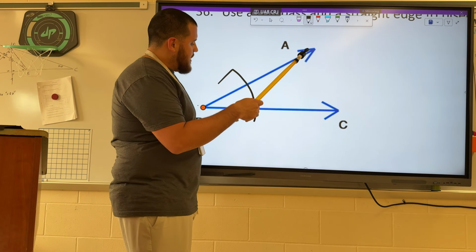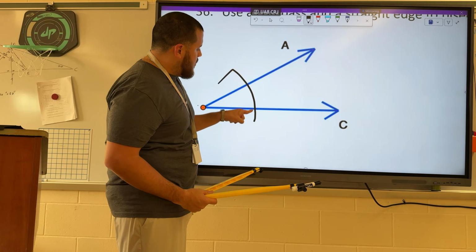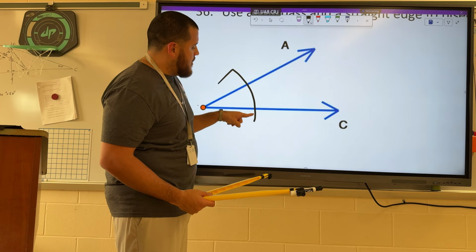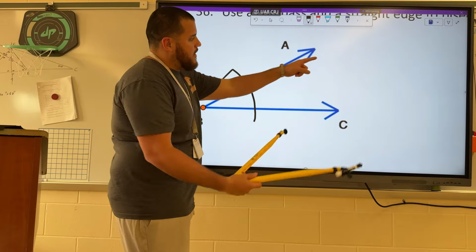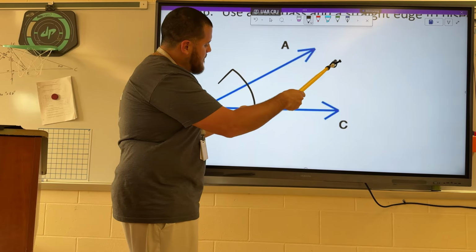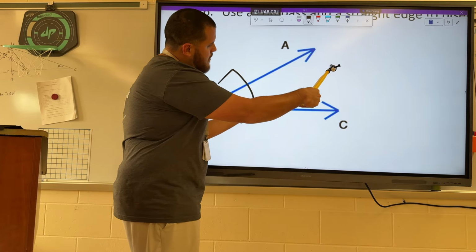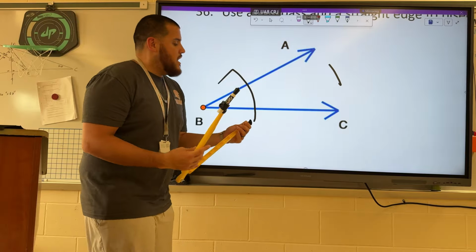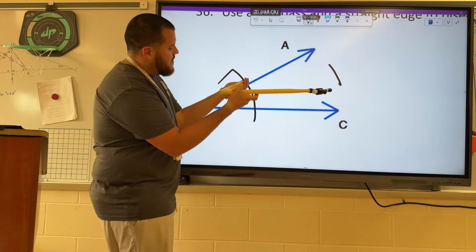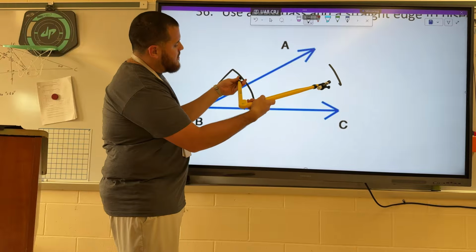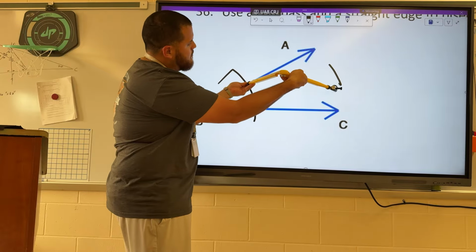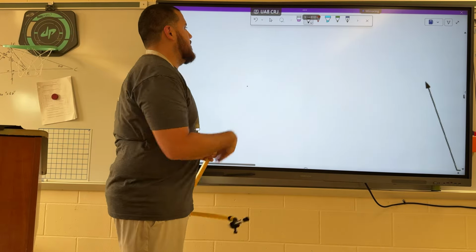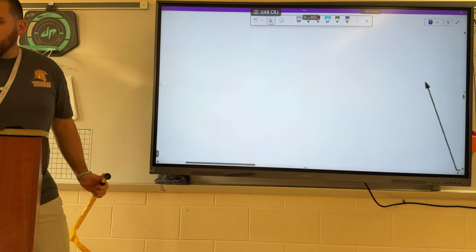I'm going to be taking my compass, placing it on one intersection, so where this arc intersects my sides, and I'm going to come out here into open space, and I'm going to make an arc like that in the middle section. I'm going to do the same thing from this intersection. Compass there on that intersection, and then again out here in space, I'm making an arc. And then where those intersect,